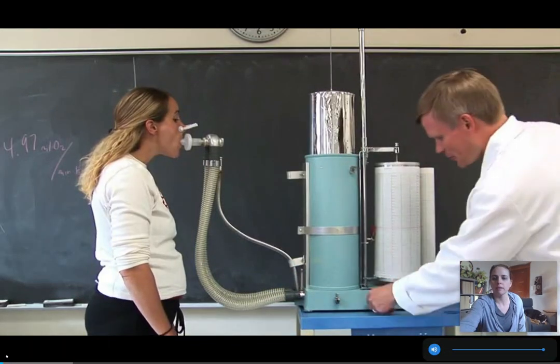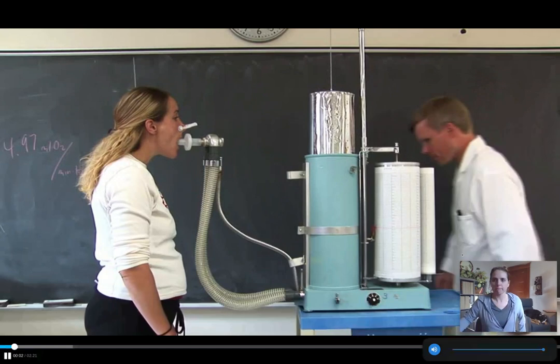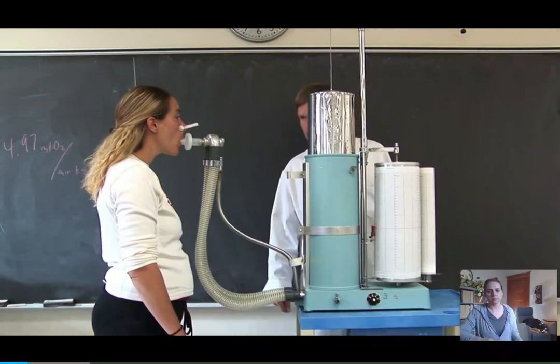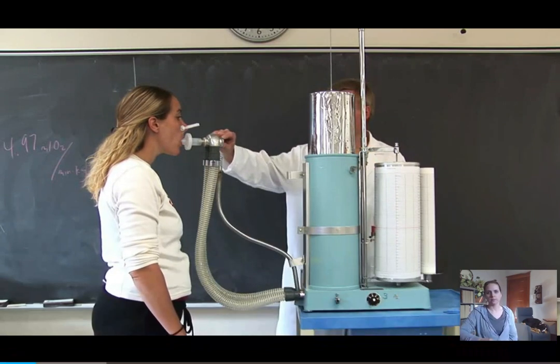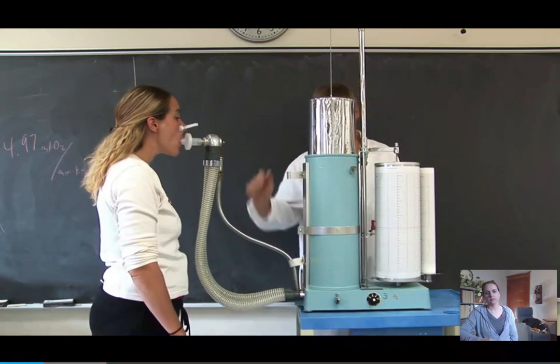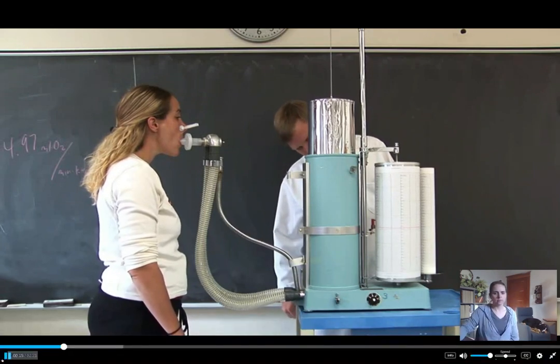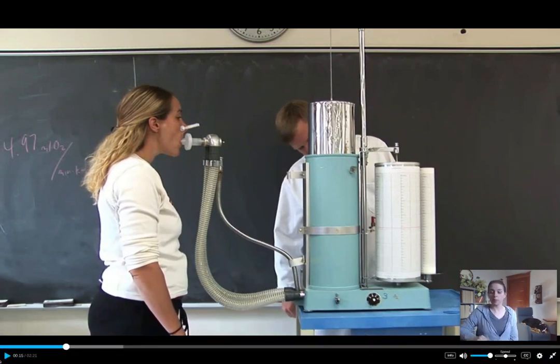All right, before you turn on that, go ahead and breathe. So right now, our subject is breathing to the room, breathing normally. Now the subject is breathing into the spirometer, the classic water-filled spirometer. One thing I want to point out to you is this is like the old school version, and there's water in that tube. And if you notice the silver thing moving up and down as she's exhaling and breathing in,